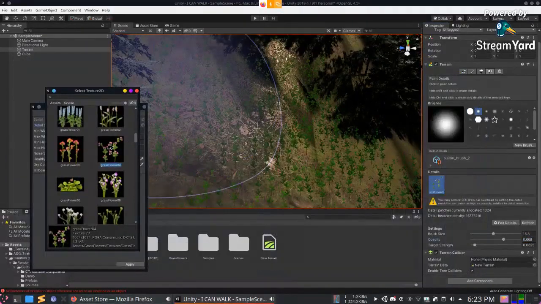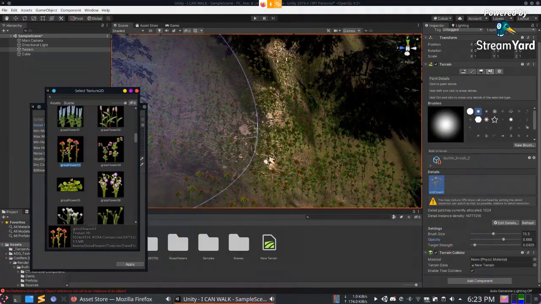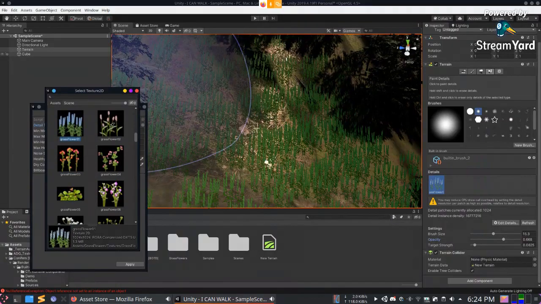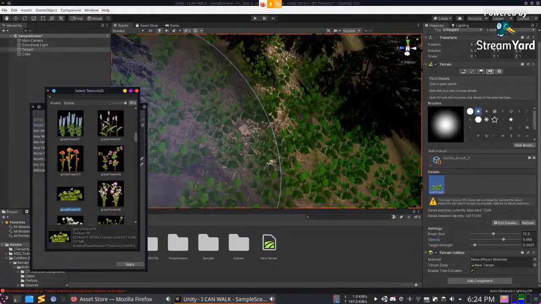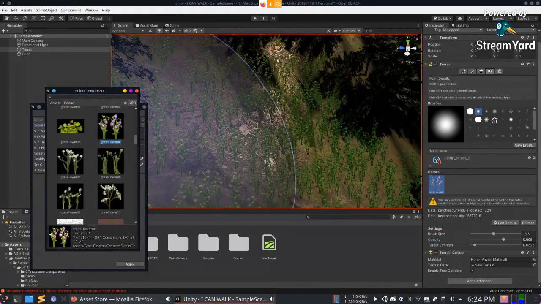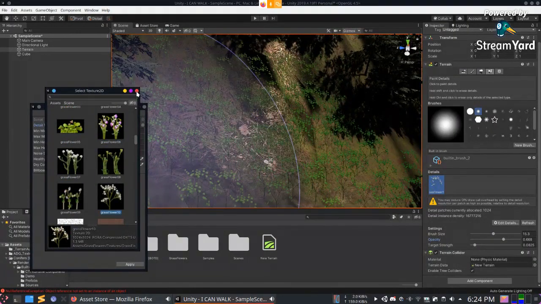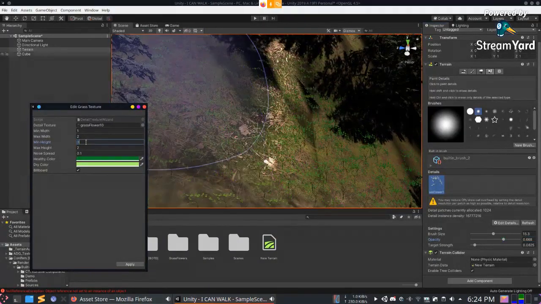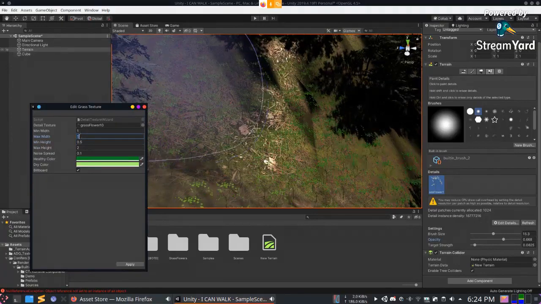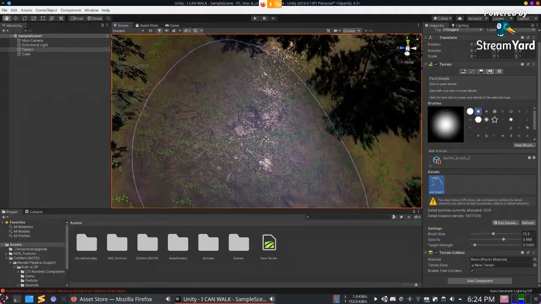Let's put a flower. Yeah, this flower looks nice. Go for the one that suits your scene. You can put a lot of trees, grass, and random things, and then choose the best one for you. It suits. Let's go with this one now. The height, let's put 0. It's grass, so it should be really small. Mean height 0.5 and max height we want. That's still a lot for grass. Okay.